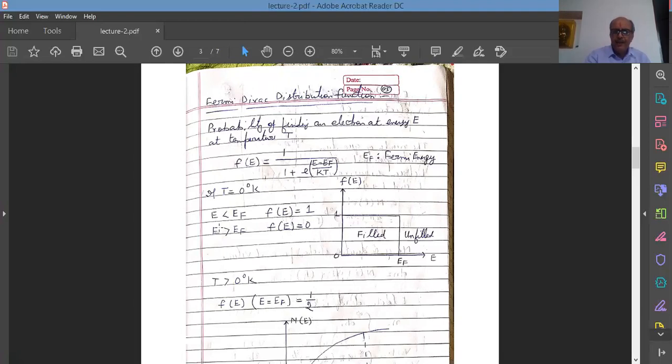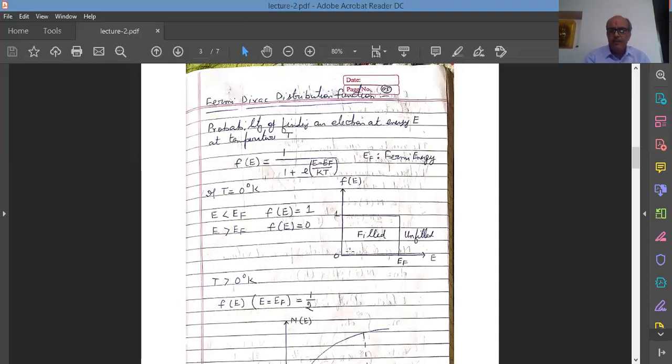And similarly, if E is greater than EF, that means energy is larger than the Fermi energy, the numerator here is positive. Positive upon 0 means positive infinity. e to the power of positive infinity is infinity. Infinity plus 1 is infinity. And 1 upon infinity is 0. So the probability is 0. So if the temperature is 0 degree Kelvin, you can see this graph where F(E), the